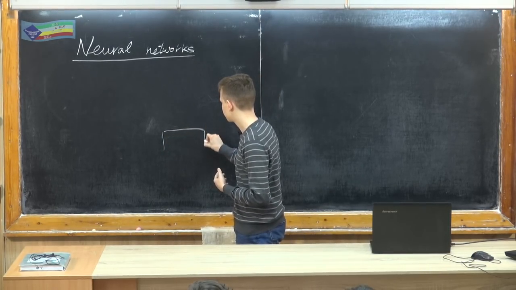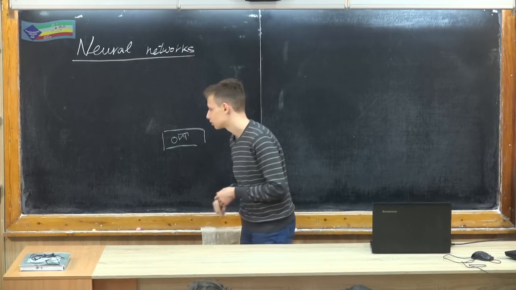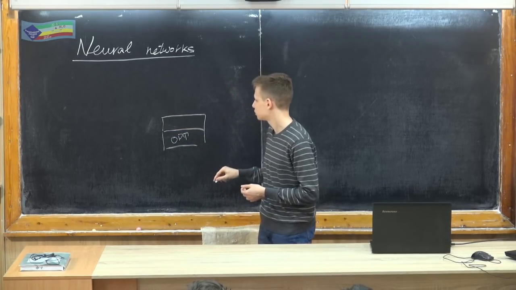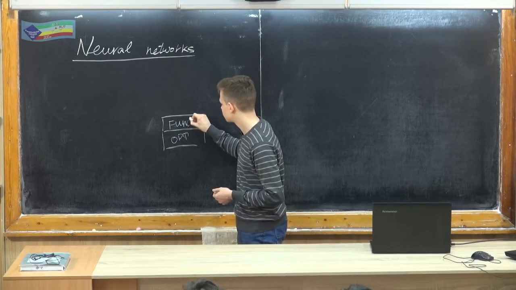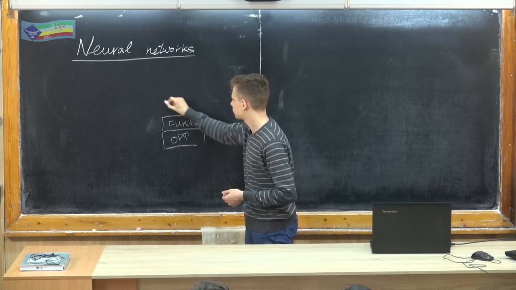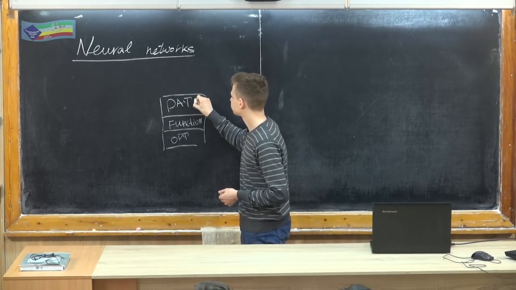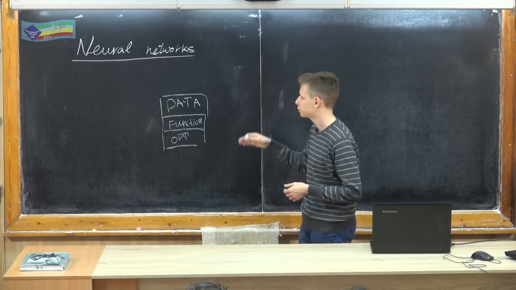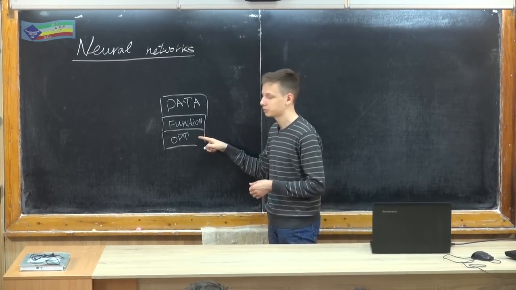In the end, we have optimization of something, and above this we have some function we want to optimize, and there we have some data. So we have just some numbers, some pictures, then we have some function, and then we try to optimize this